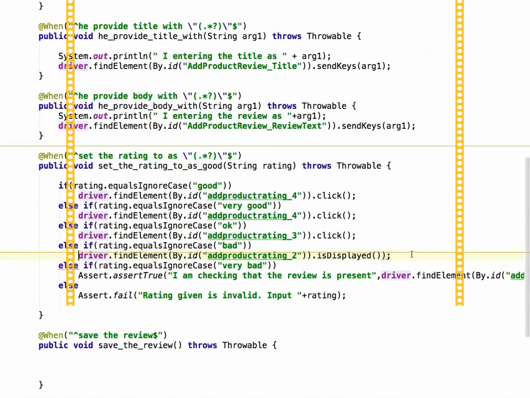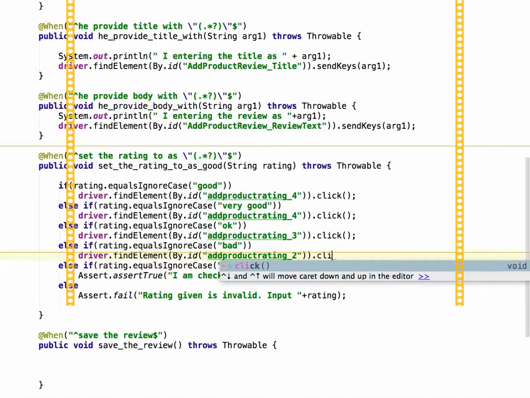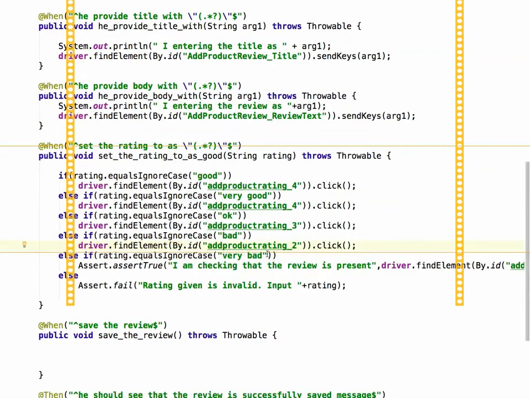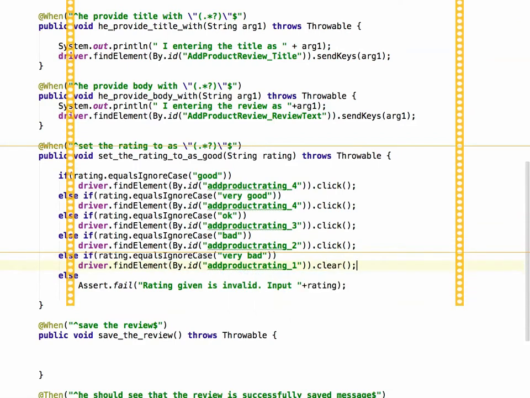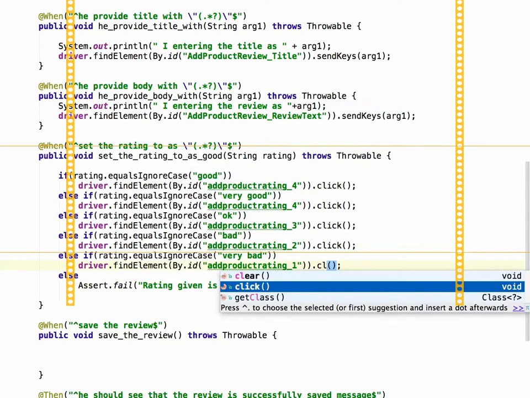Okay, that's it. So now if I run, what should happen? It should fail. Next time when I run, what should happen? It should pass in the actual. Once the developer completes his development, it should pass. Okay, that is the idea. If that is done, we can go home for today. Okay, this is fine. Click. Okay, that's it.